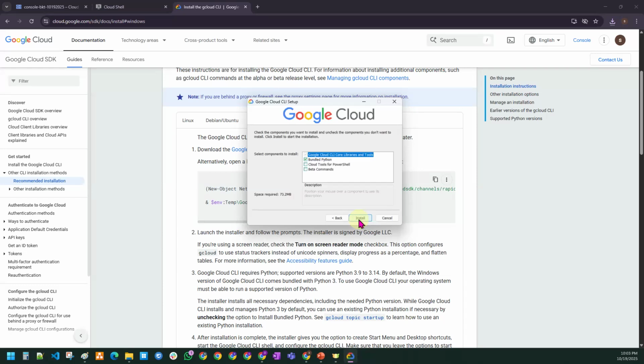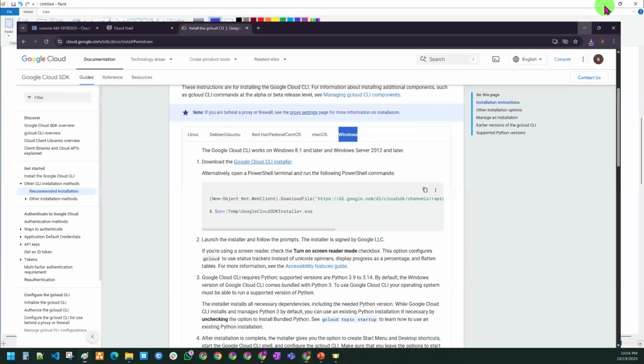So you go ahead and download the Cloud SDK according to your operating system. Most of the machines are Windows operating system only. Download it first and then install it. Just click on next, next, next and install. That's it, it will be installed for you guys. Once it is installed,